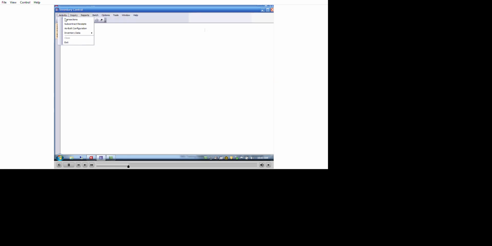Okay, let's go back over to the transactions window. So I'll close this, go to activity, transactions. Okay, let's discuss a little bit how you actually perform inventory transactions prior to implementing purchasing and master scheduling or